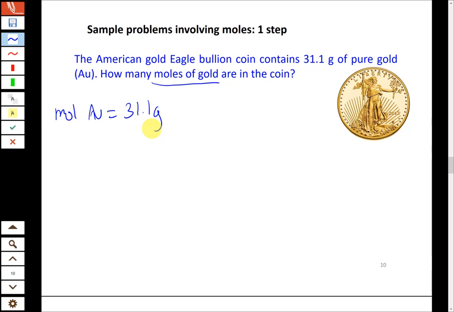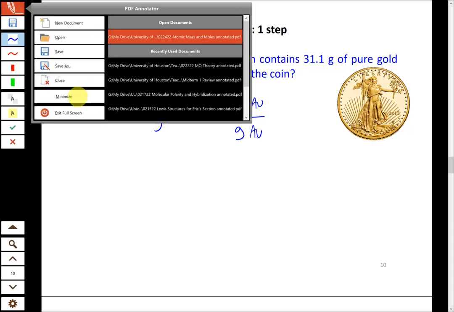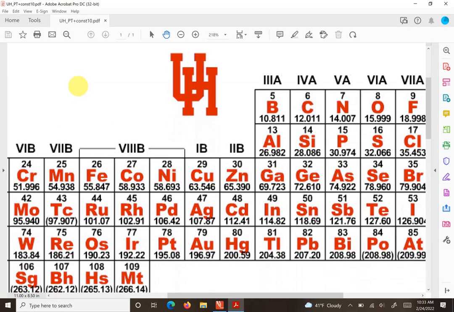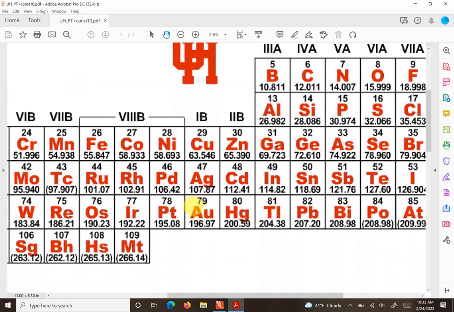And we should recognize that the relationship between grams and moles is going to be the atomic mass in this case. So to make sure we do it right, let's write out our units. So we want moles of gold in the numerator, and we want to cancel out grams. So the relationship that involves grams and moles is going to be the atomic mass. Now we didn't give you the atomic mass here, but remember it's on the periodic table. So we go back to the periodic table, we find gold right there, number 79, and that number below is the atomic mass,